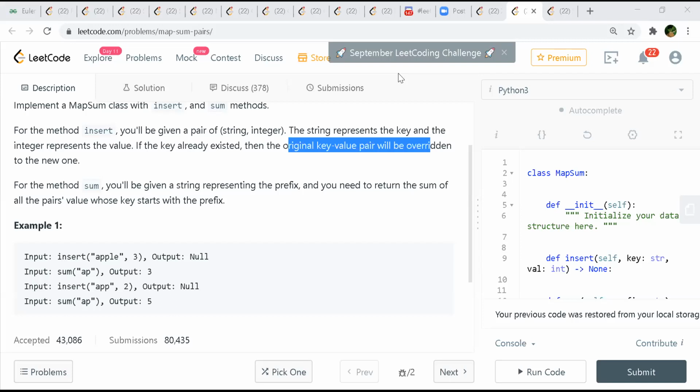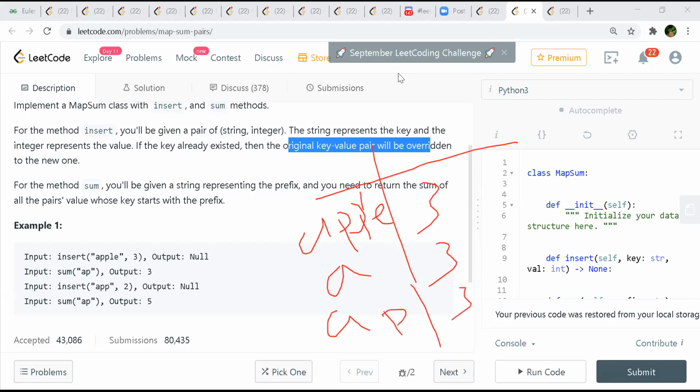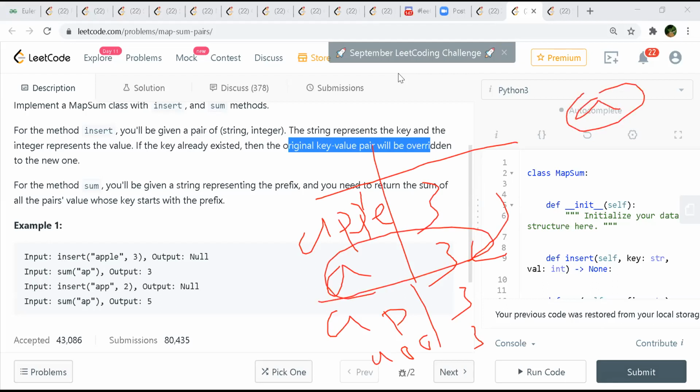Right, because we can do multiple prefix entries. Won't that be good? Apple is there. For Apple, we have three. Then you can have A3, then AP3, and then APP3. So this will take O of one time only. Any prefix if it is given, like A, we'll simply look it up here and get the sum. Yeah, that can work, but we are using more space.